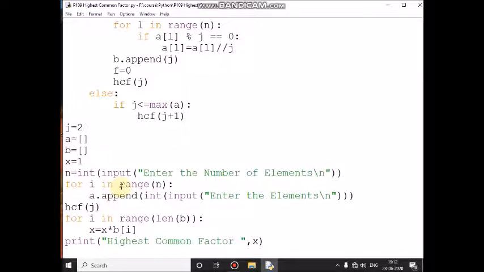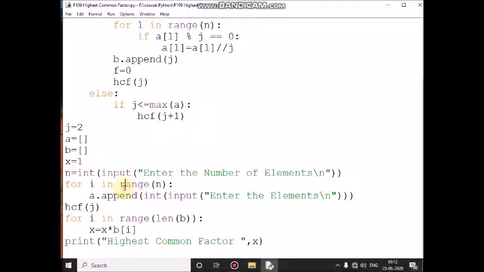Then control comes here. i value 1, 1 plus 1 is 2. Condition is true. Then control comes here. I am going to read the third value, appended to a of second location. My input is 15. Then control comes here. Now i value 2, 2 plus 1 is 3. n value is 4. Up to 3 the condition is true. Control comes inside the loop. I am going to read the fourth value, which is appended to a of third location. My input is 60.